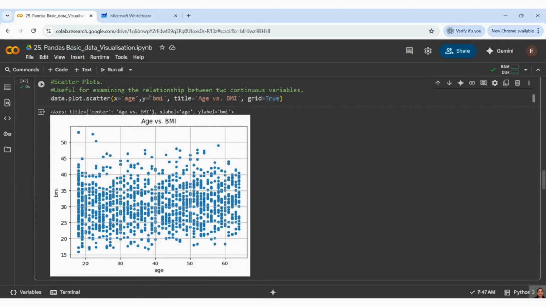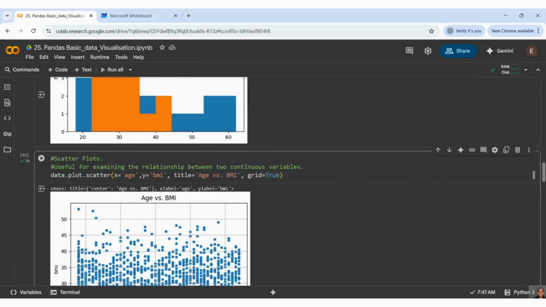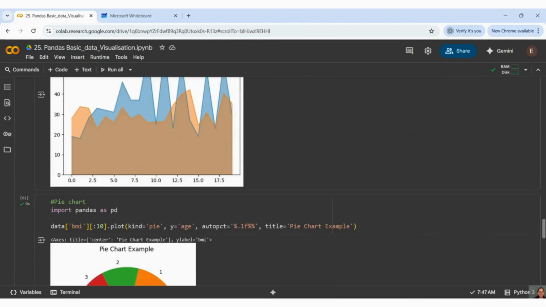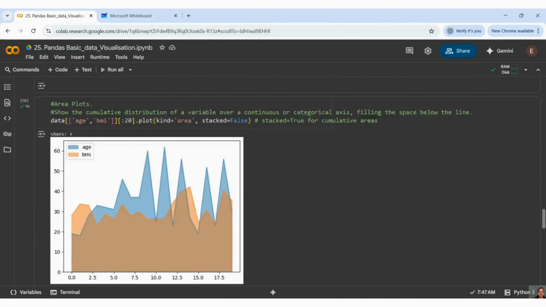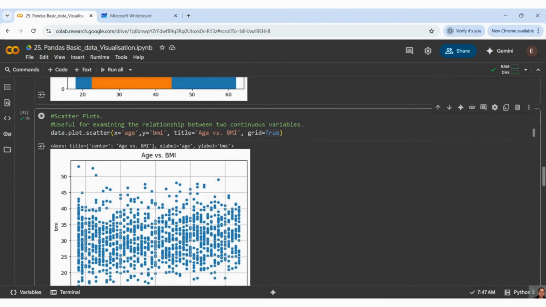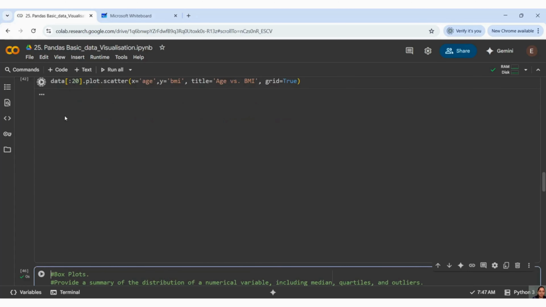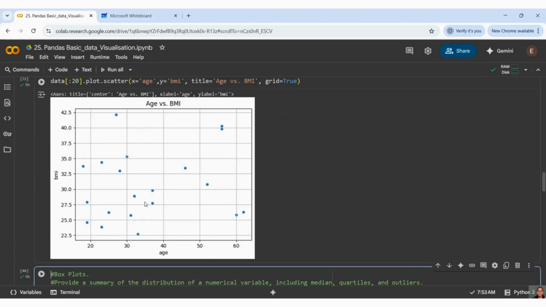It has taken all 1338 data points, so again it is very difficult to read. For that reason it is always better to take, let me just take some 20. Now it is easy for us to understand, right? Now let us understand.